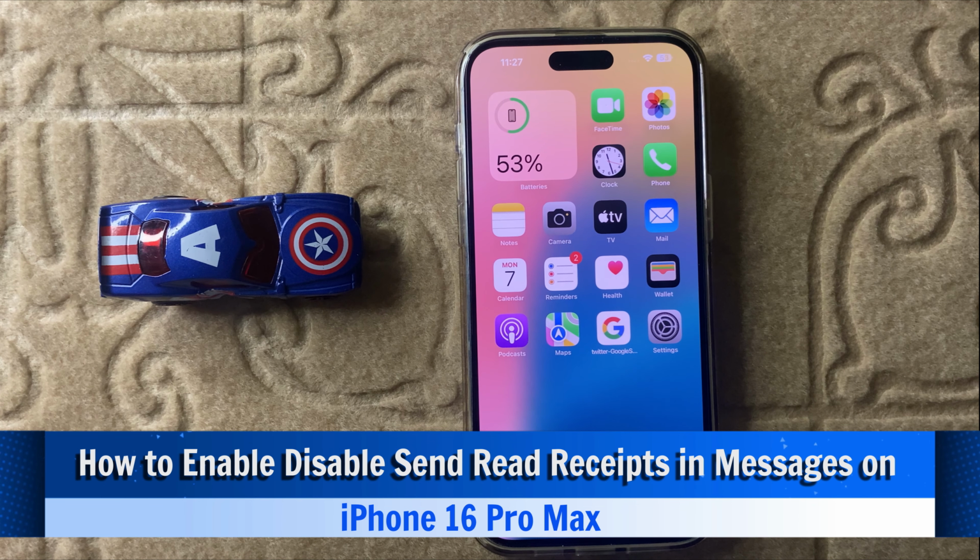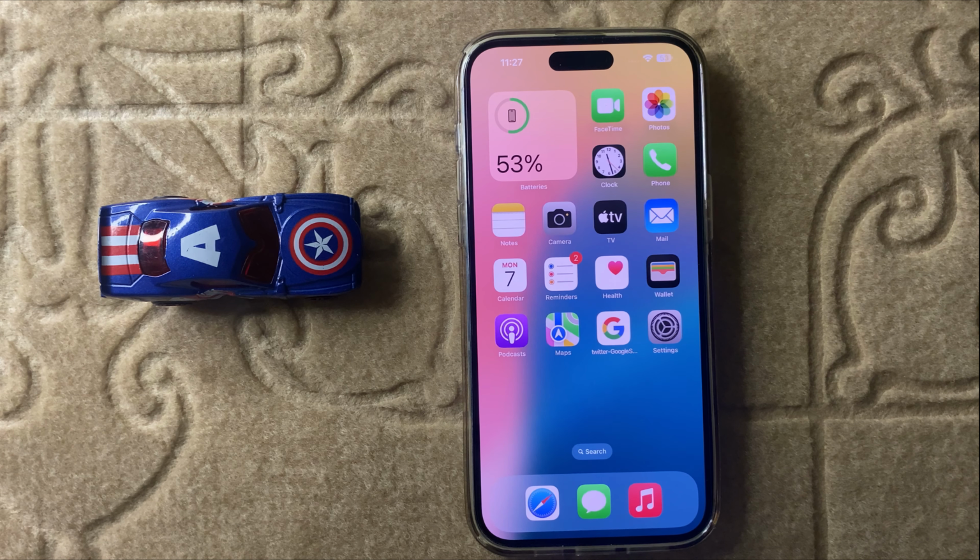Hello everyone, today in this video I will show you how to enable and disable send read receipts in iPhone